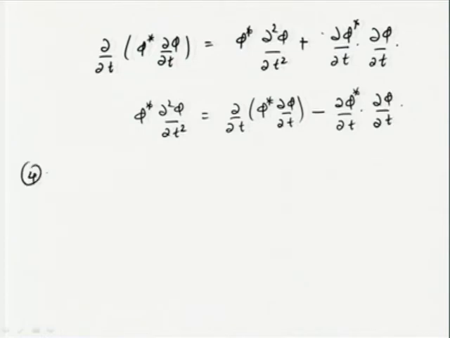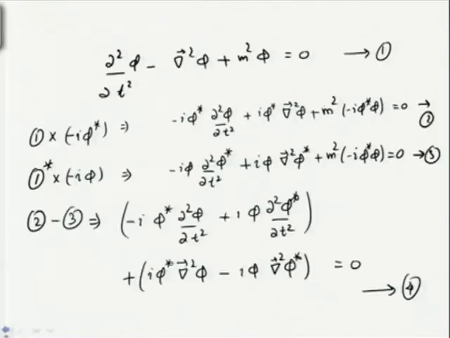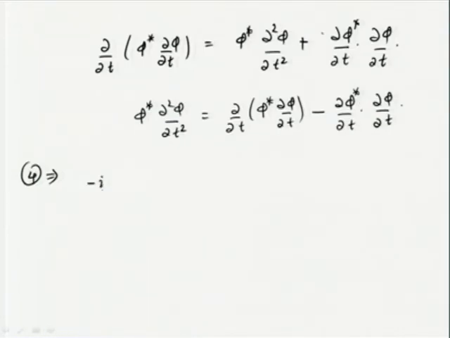So that when we put back in equation 4, minus i phi star ∂²phi/∂t² is replaced by ∂/∂t acting on phi star ∂phi/∂t